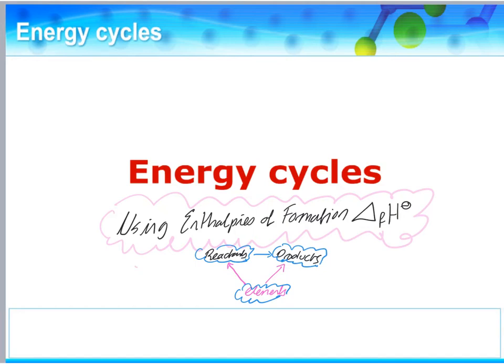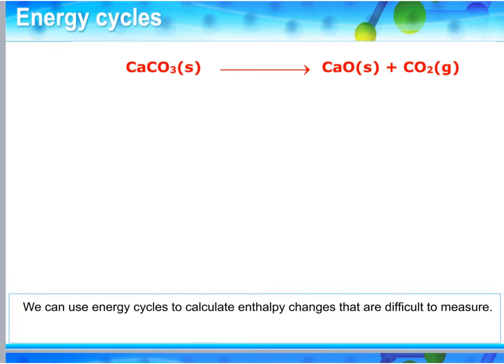In this presentation, we're going to be looking at how we can apply Hess's law, using enthalpies of formation, for finding the enthalpy change for a reaction that it would be impossible to measure. In this particular reaction, the impossible reaction that we're going to look at is the enthalpy of decomposition of calcium